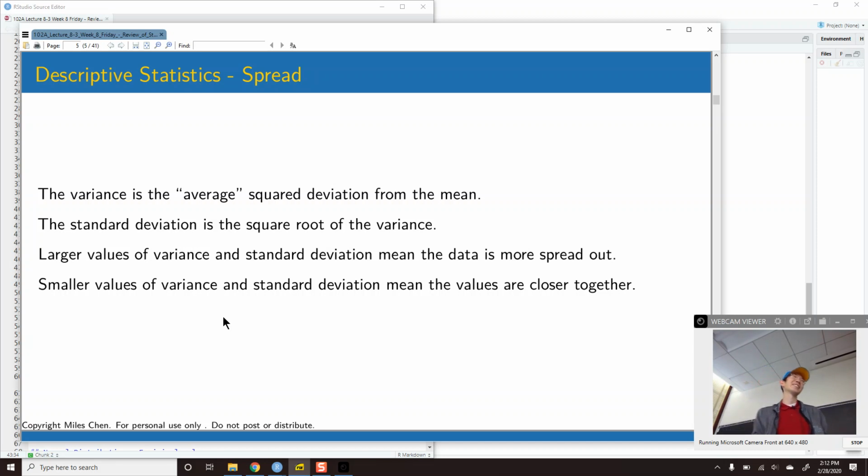Nobody? Okay. All right, so the intuitive reason why we divide by n minus 1 rather than n is because